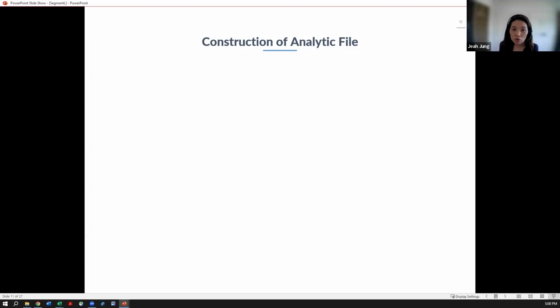Okay, so now how would you construct analytic files? So you have now PDE data and MBSF and then plan characteristics file. We defined our sample. We know what to measure, our outcomes, and we have study aims. What would be the first step? There is no single correct flow here. Usually, I would recommend that. Yes, exactly. We have to identify the population, but oftentimes we would want to begin with MBSF,